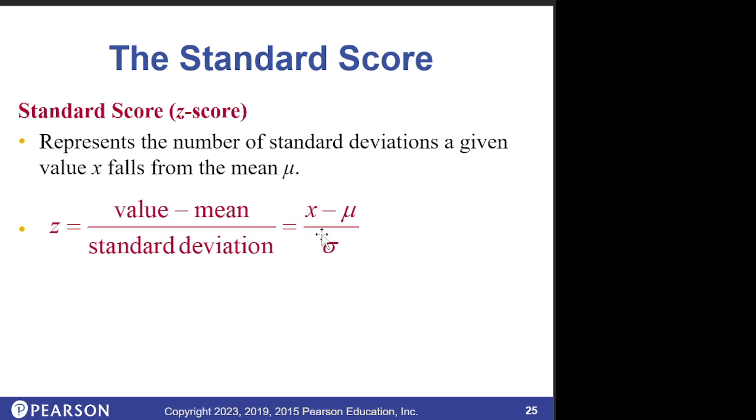We can look at the data value and we can subtract the mean and divide it by the standard deviation, all of which are very calculable in data that we have. But let's look at an example of this, and we'll come back and use this calculation. So we're going to use the data value minus the mean divided by the standard deviation. And let's look at how we can